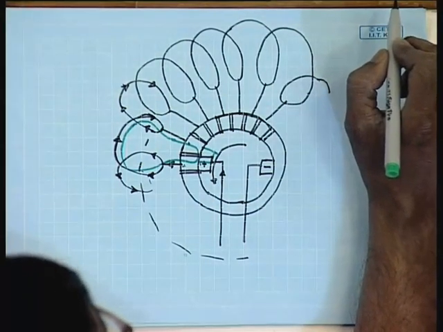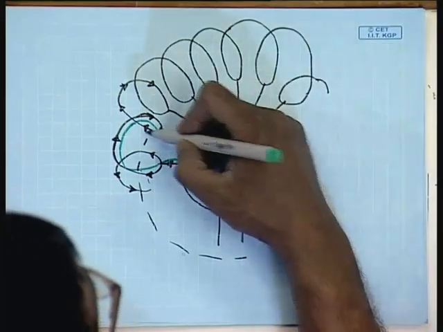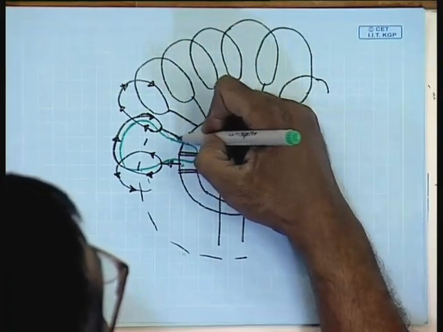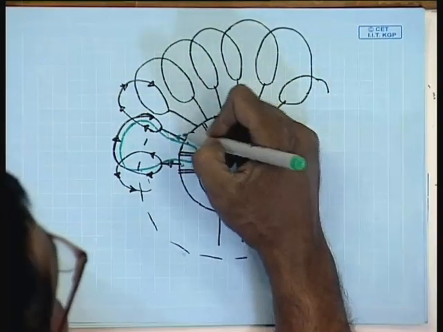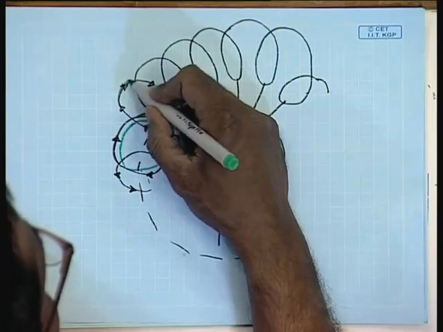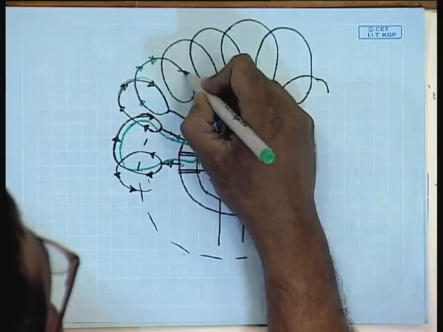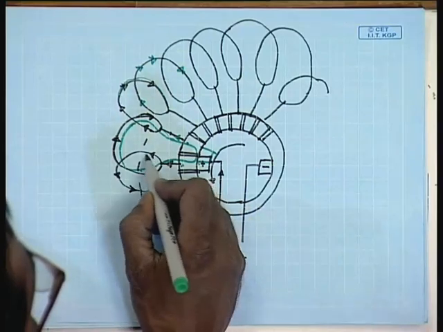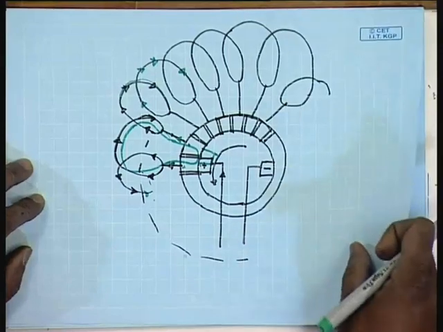How will the current flow then? Since this is shorted, there will be no current. However, the current will still flow in this direction through this coil, as before, and through this part of the coil as before. Next, the next instant,